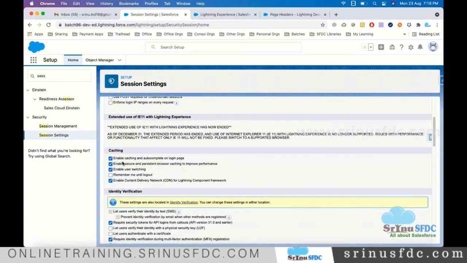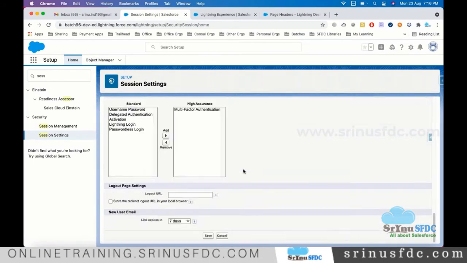So here, enable secure and persistent browser caching. Due to this, what will happen? It won't frequently check the server to get the latest information of that pop-up. It will be looking into the browser cache, and maybe after 10 or 20 refreshes, we'll see the update.